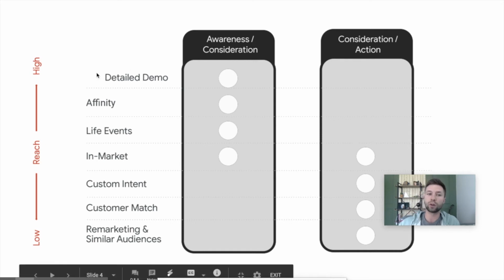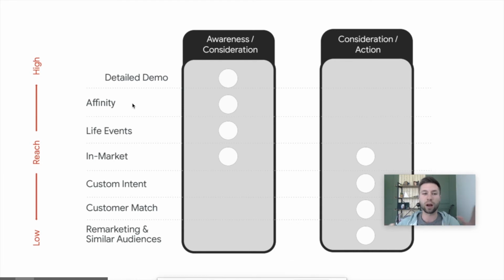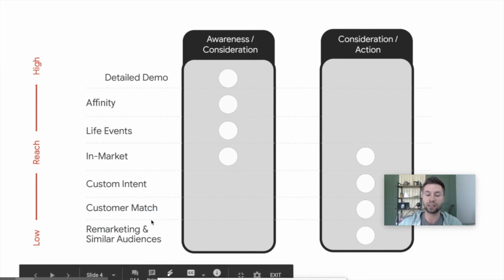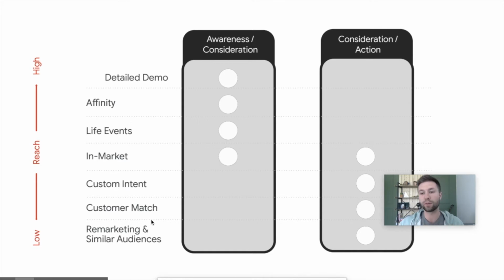So of course, you have your detailed demographics. That's just where you're putting together your own audiences. It can be very broad. Affinity audiences, life events, in-market audiences, kind of rounding out the top part of the funnel. And then as you get into your custom intent, customer match lists, and remarketing lists, you get a little bit further down the funnel, and those tend to